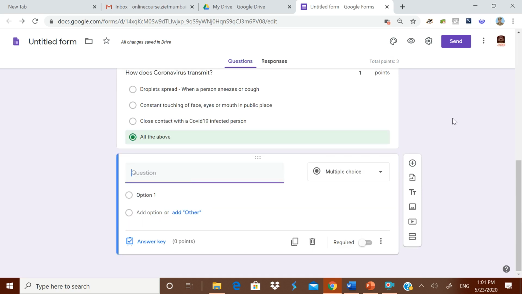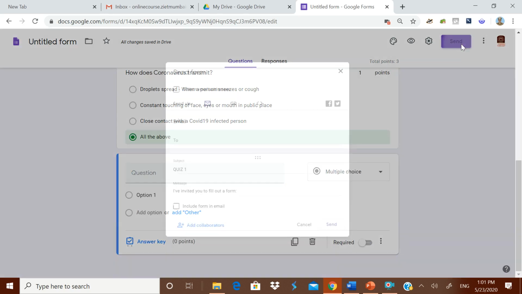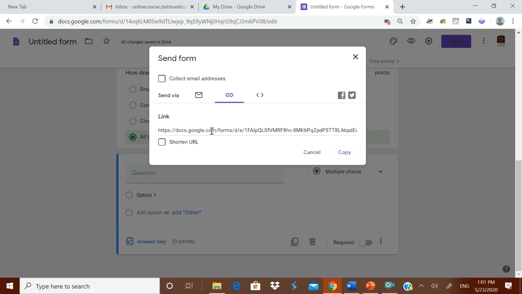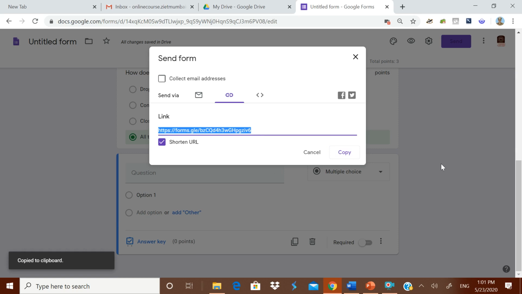Okay. Now how to share it with the children? Click this send. You can share this through Gmail or any mail, or you can copy the link. The link is a little bit lengthy. You can click the shorten URL to shorten it. Copy it. Either you can send it through their mail, or you share it through WhatsApp.